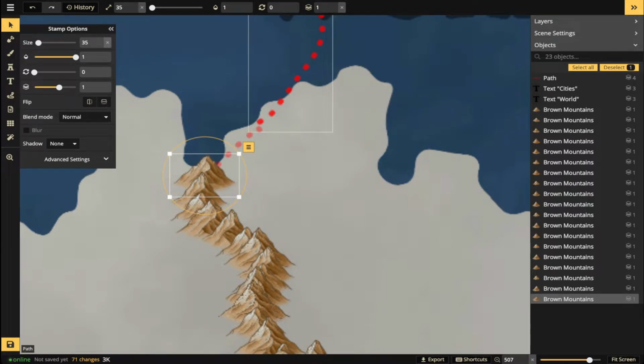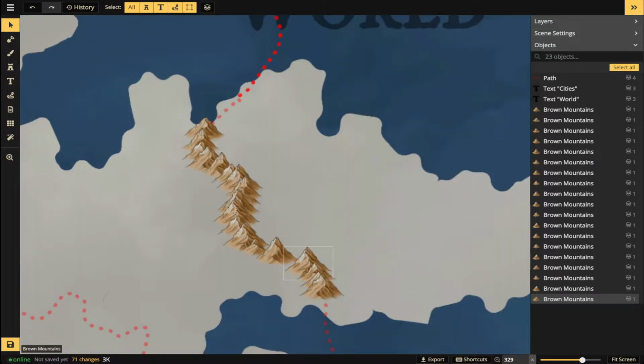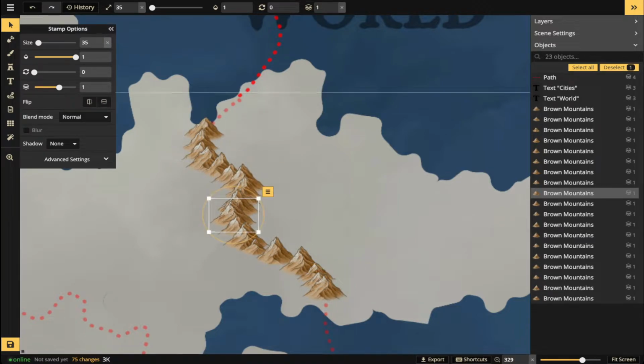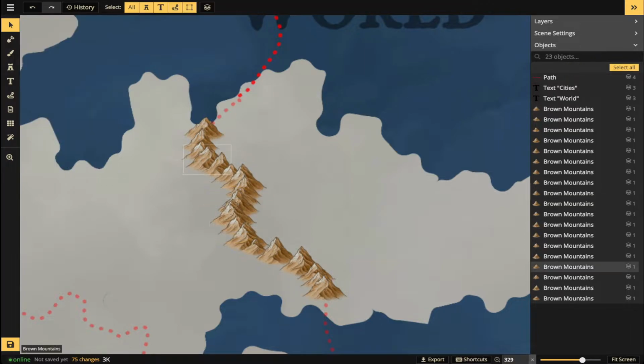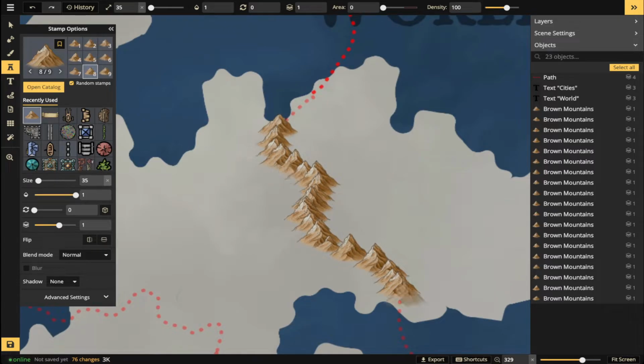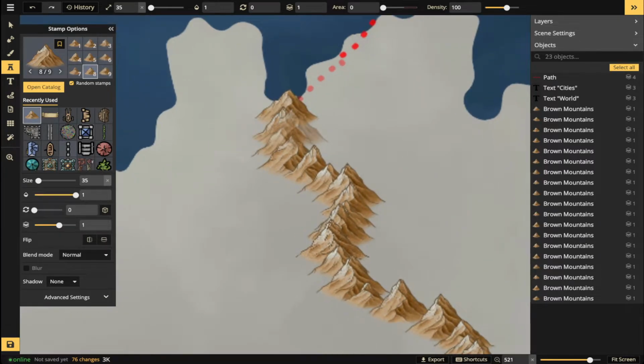So now you have the first part of your range, and you can maneuver things around as you see fit, move this around. Maybe you want this to jut out a little bit more this way, push this one, make whatever adjustments that you feel you need to make, okay? So now that we've made the first range, or not necessarily range, but the central part of the range,